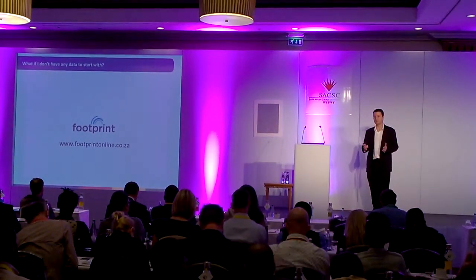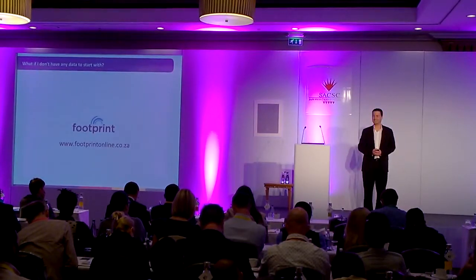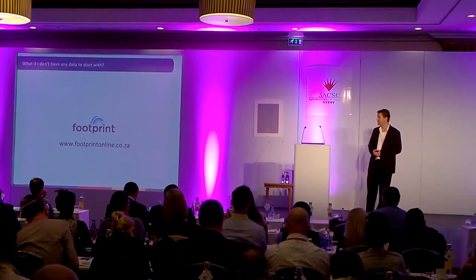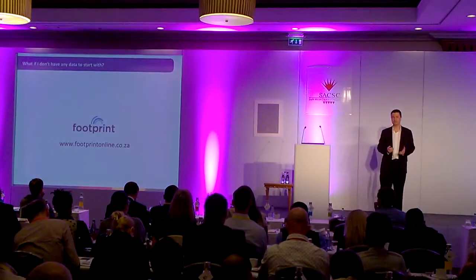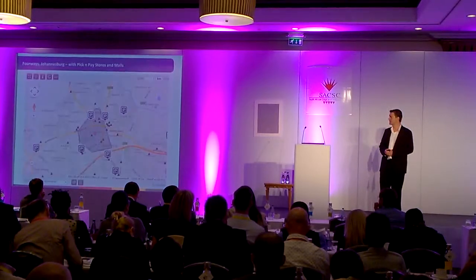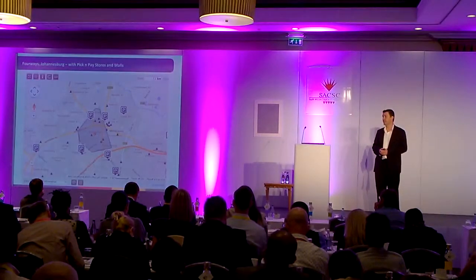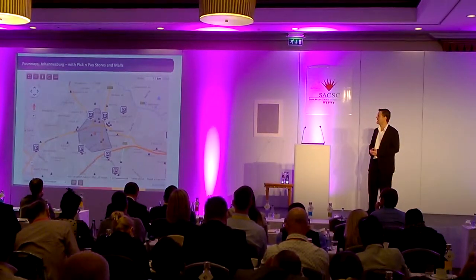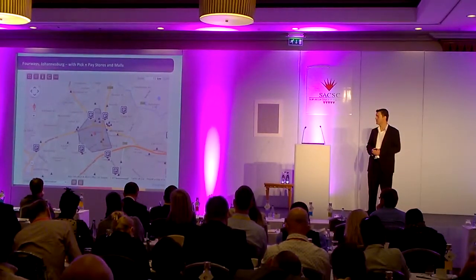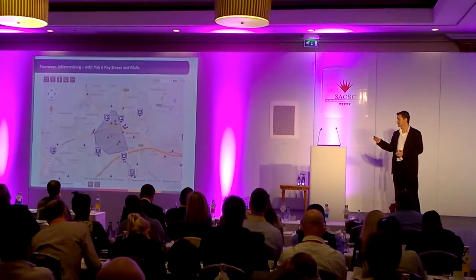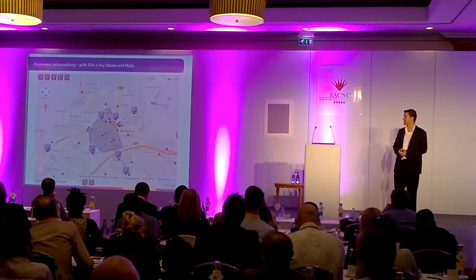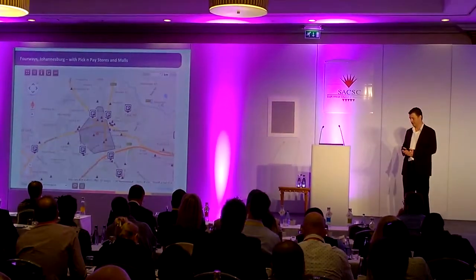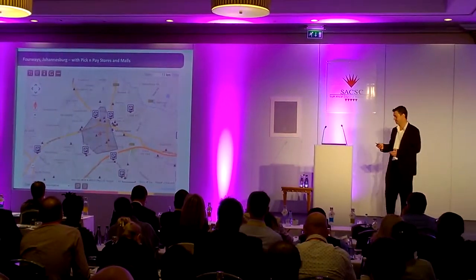I know there are probably a lot of products out there that are able to give you demographic data on areas, but one that we offer is called Footprint. It's a very nice self-service web-based solution which gives you decent demographic and store location data on the most popular brands in the country. Here is the Fourways area in Joburg, with the different shopping centres, and I've overlaid Pick n Pay store outlets onto the map. If you click there,